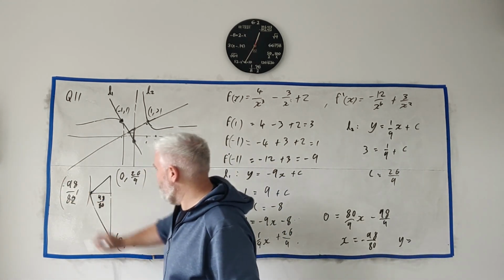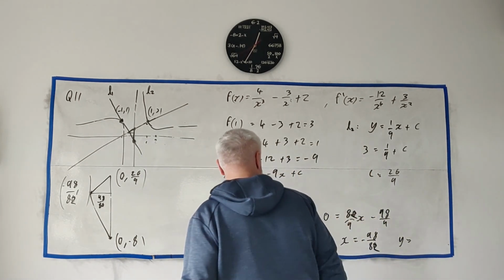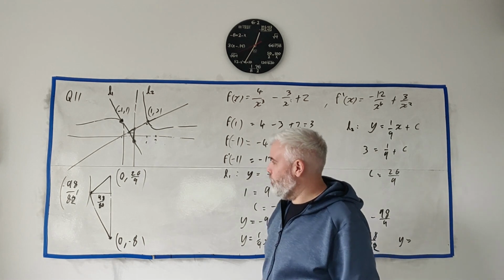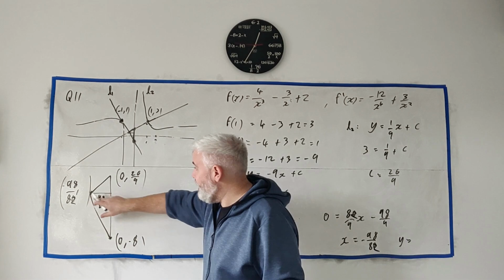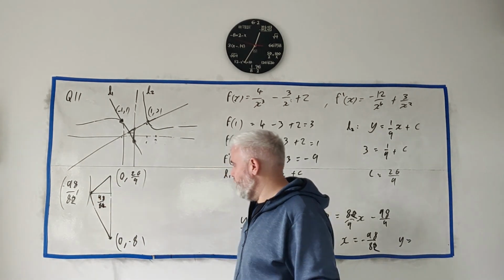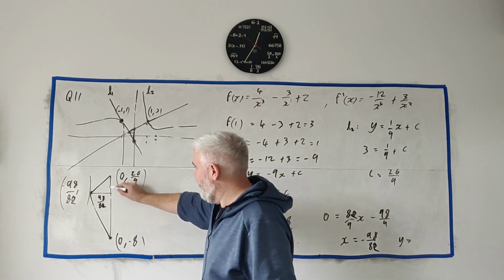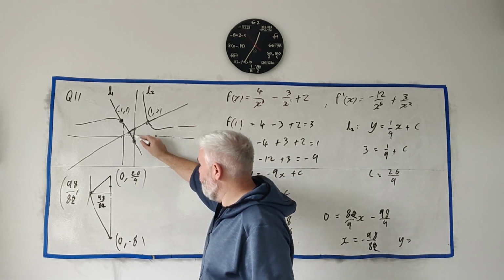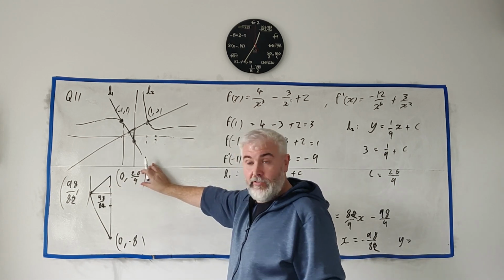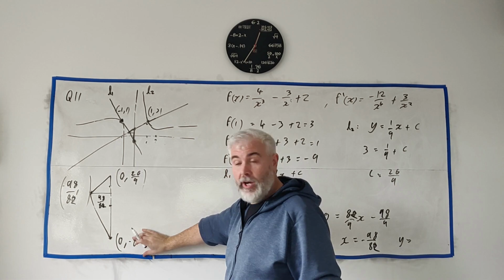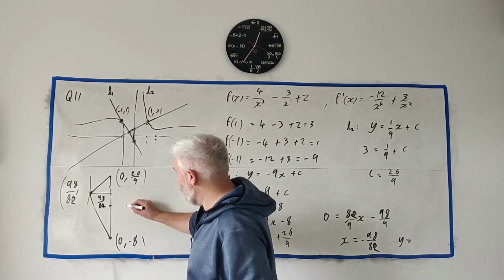So actually that should be 82 in that case. 82, I must have done that wrong in my head. Serves me right for trying to do it in my head. So 82. This length though still is positive. Obviously lengths are positive. We can get the length between these two. Here's the 0 point here. So it's just the top part 26/9 plus the bottom part 8, and so the total length here is